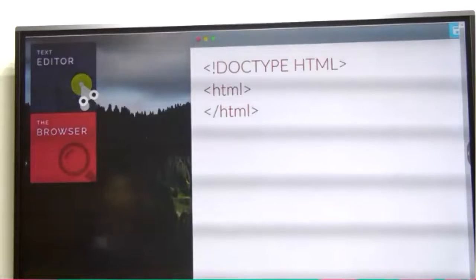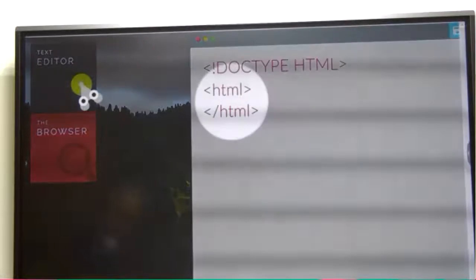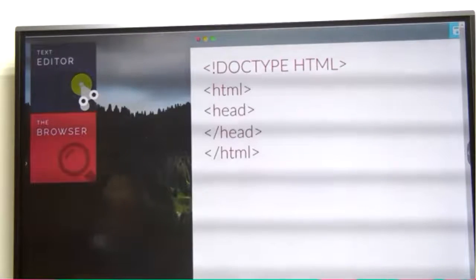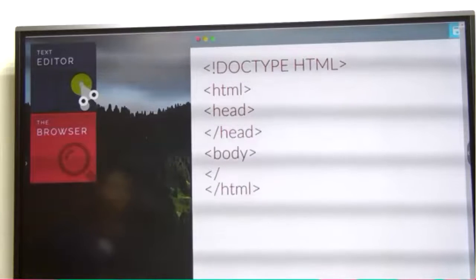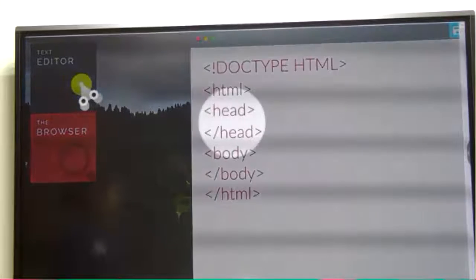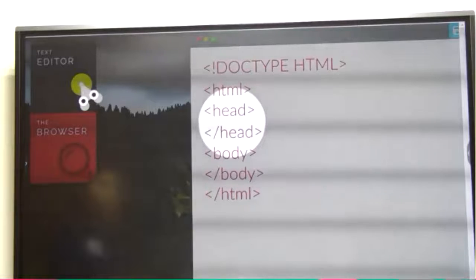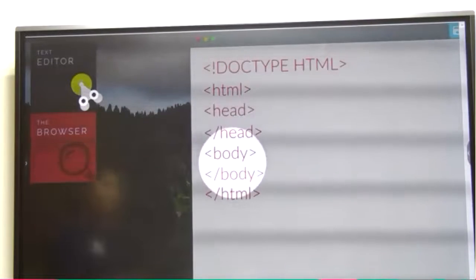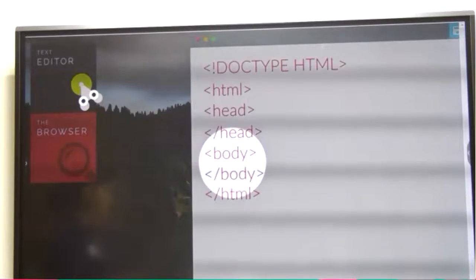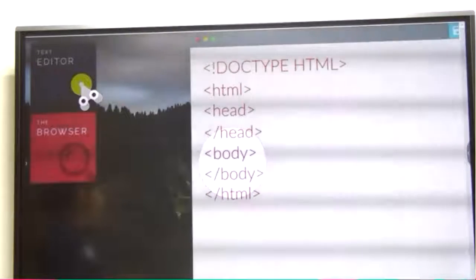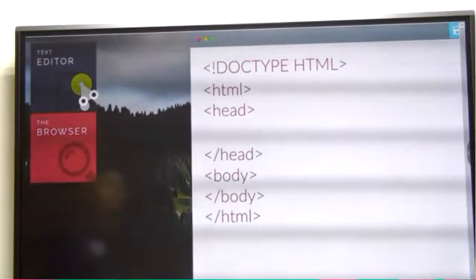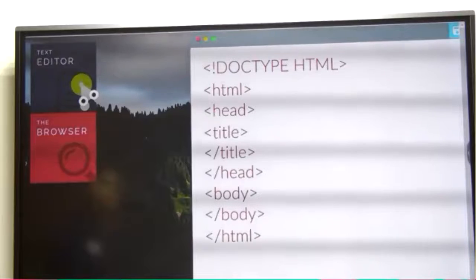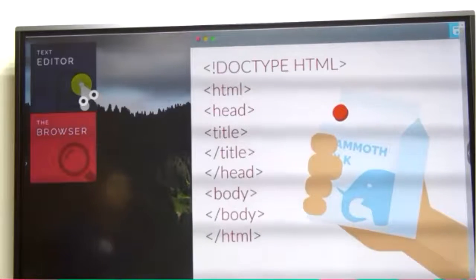HTML document. Both tags have an opening and a closing part. Next, we come to the head tag and the body tag. The head tag is the area where the important stuff is processed first, like CSS and JavaScript. The body tags are the ones that contain the website content. We'll add some content here later. Now, friends, we should give this web page a title by using a title tag.